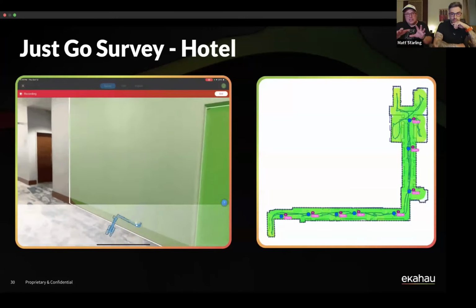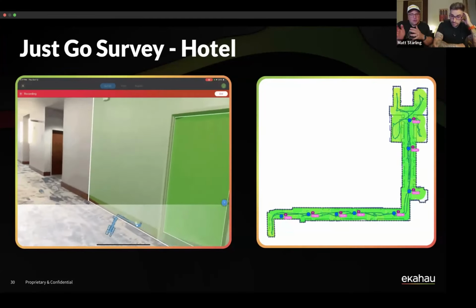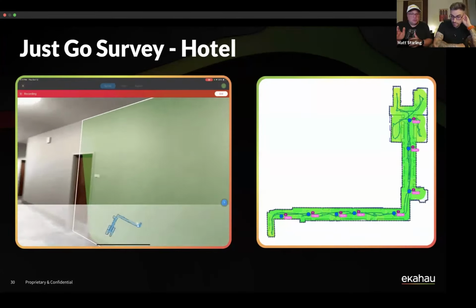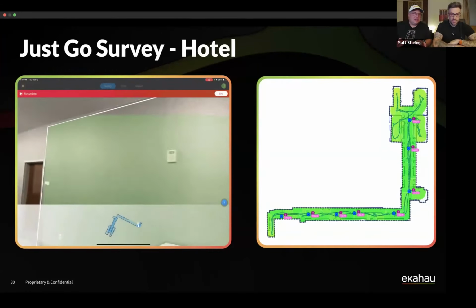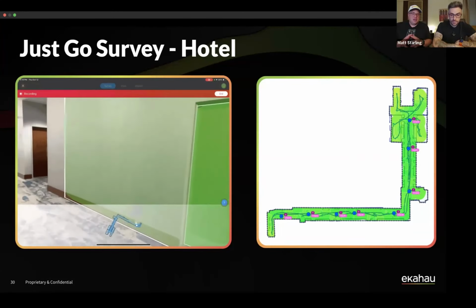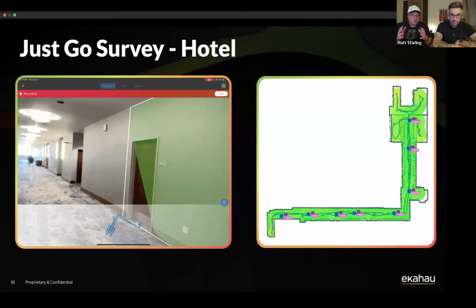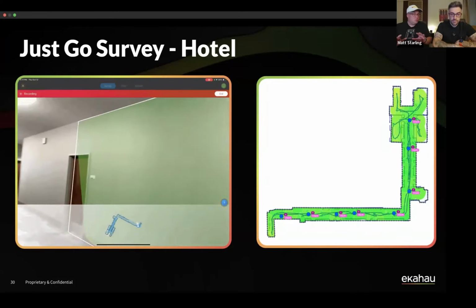Now what I'm doing here is I just needed to see what was going along the conference area, and you can see on the right is where it automatically mapped out the rooms. I walked in, the walls were created. I didn't have to do anything else. And it was a huge time saver because I was diagnosing, optimizing it right away just to figure out what our troubles were.